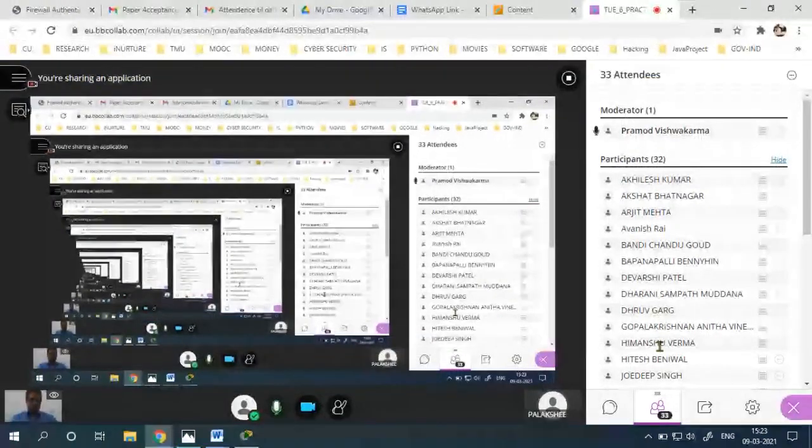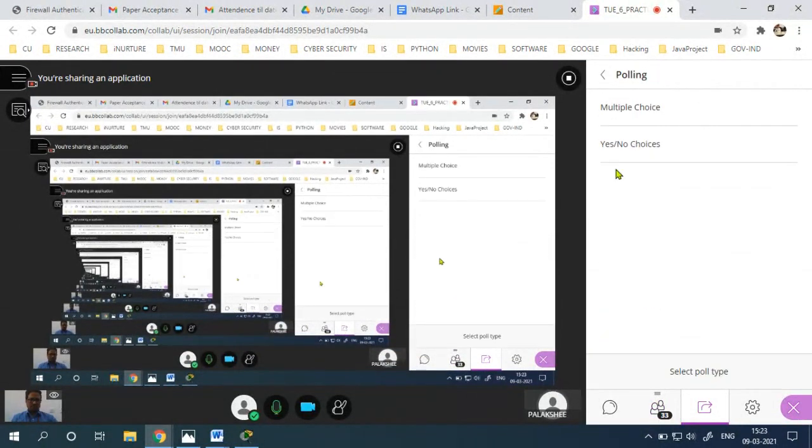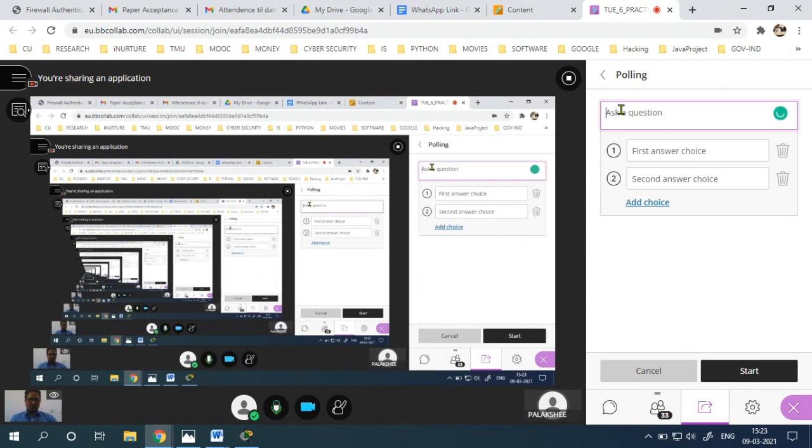Now I'm done with all the configuration. Can you let me know, are you with me? Let me conduct one poll quiz. Let me know whether this is BBR, distance vector routing, or link state routing.